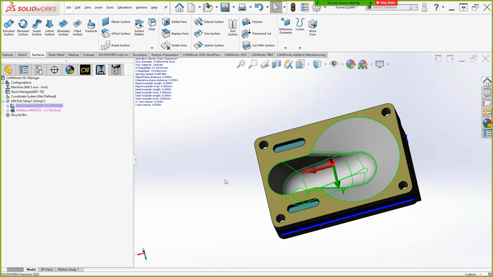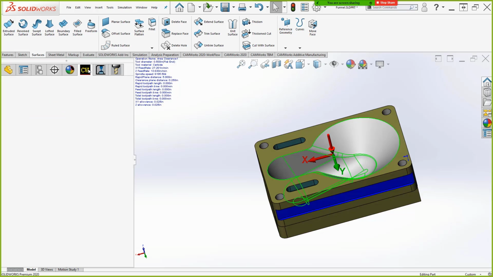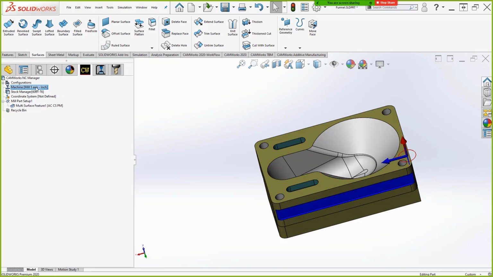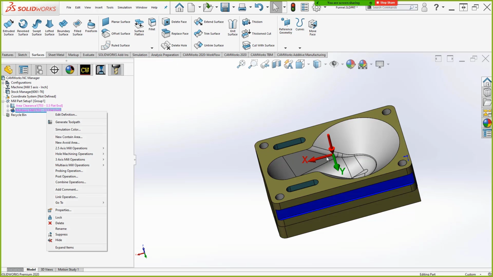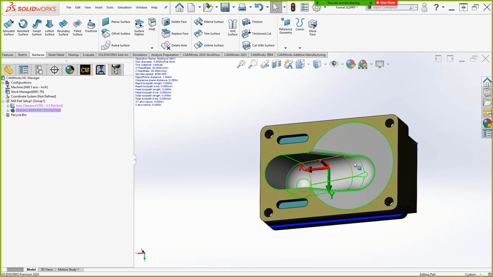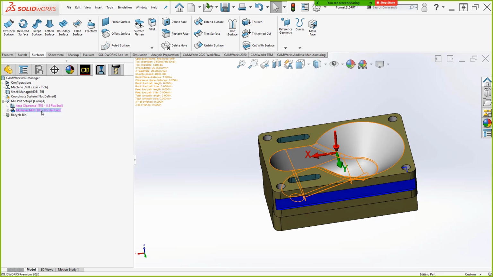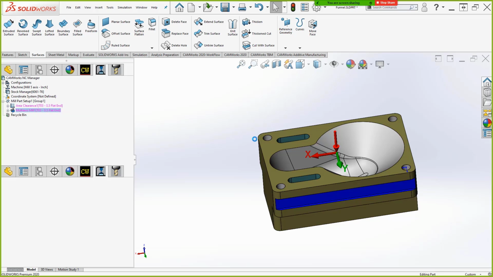Very similar to the last option we just showed. I actually did set this machine up, as you can notice, as a 5-axis machine. Not that this part requires it, but just for example's sake, it could be cut using 5-axis. You could get pretty good finish results in there if you did that. But if we edit this multi-axis mill, which is our 4 and 5-axis toolpath, it can also do 3. But if we edit that,